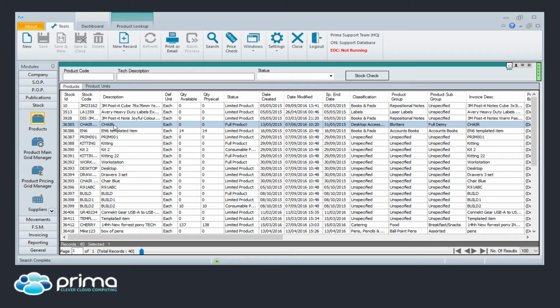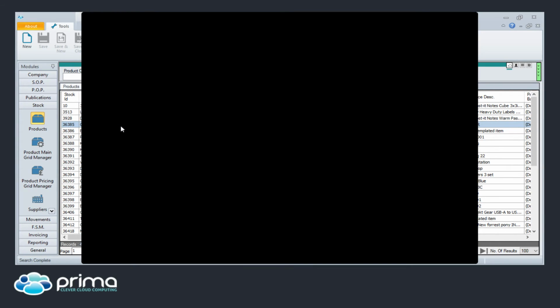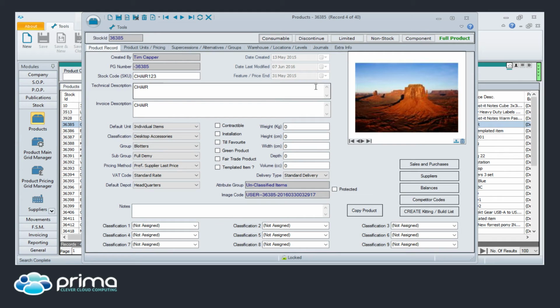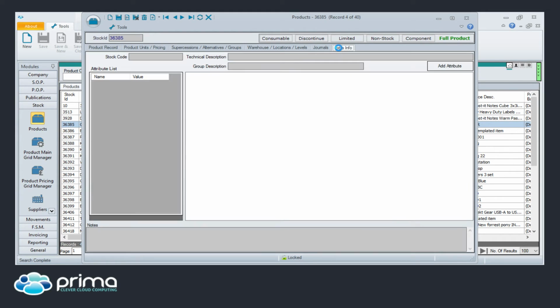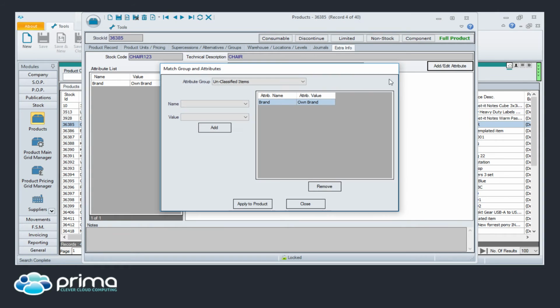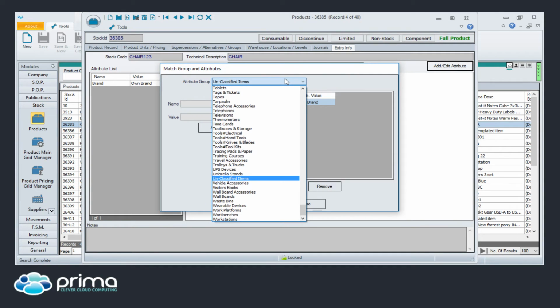okay, so if I just click into one of these products as an example, okay, so where we want to go is into the extra info tab. Okay, so once you've clicked into there, it's already set up by default with this unclassified item, so all of your own products will by default appear with this group. So what we want to do is we want to amend that. So if we click into add/edit attributes, okay, so this is a chair, so if we look for the group chairs,